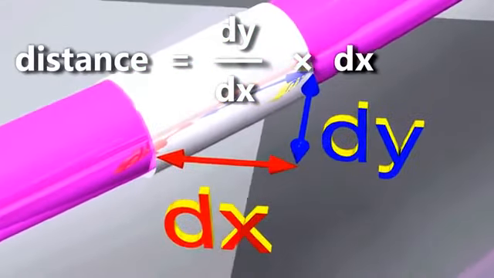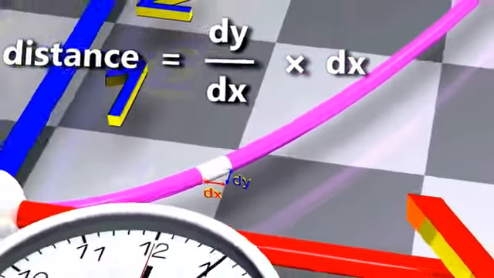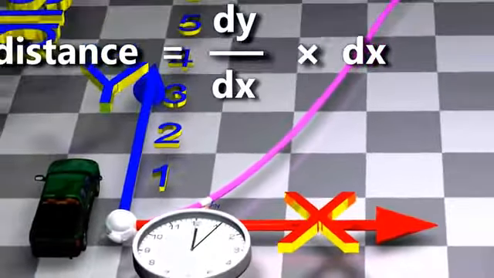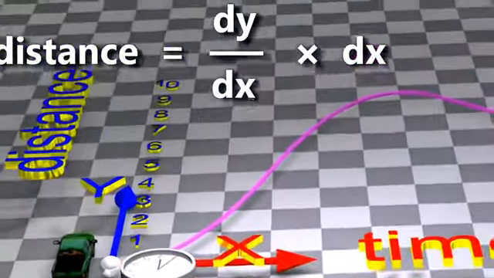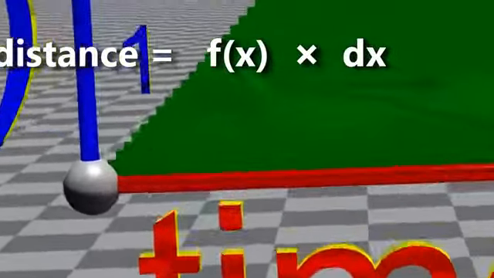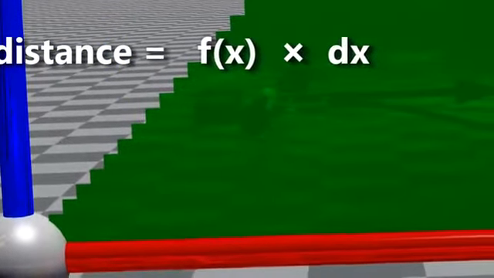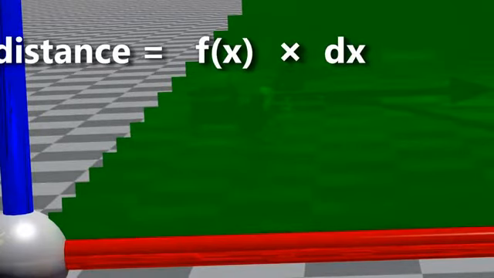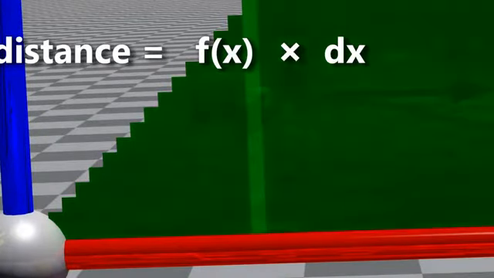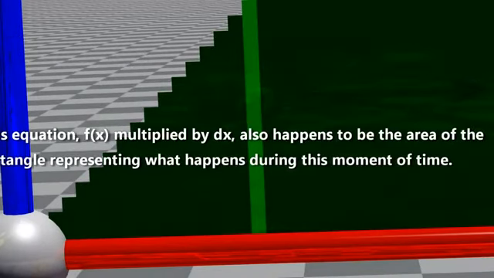The distance traveled during a very small amount of time is the speed multiplied by the time, which is dy divided by dx multiplied by dx. Since dy divided by dx is called f of x, another way to write down the distance traveled during this moment of time is f of x multiplied by dx. This equation, f of x